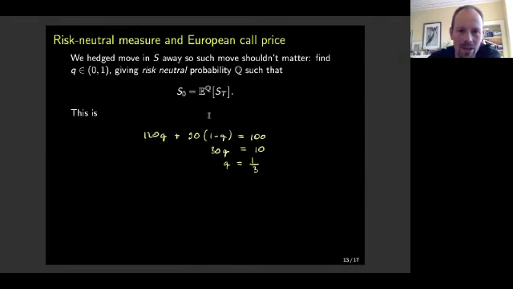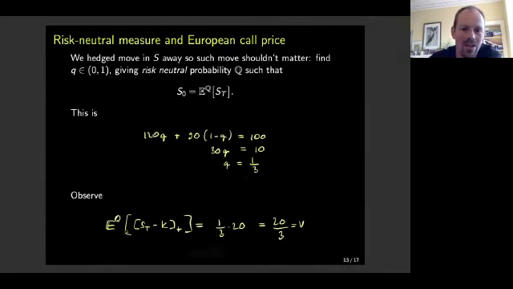Here I calculate the expectation with Q. Q is my probability of going up, 1 minus Q is going down, and these are the 2 possible values that I can have for ST, and 100 is the initial price, so I solve this. So under the model, under the risk neutral measure where I say I've got 1/3 chance of going up, I can then say that the payoff of my option is just the expectation under this what's called risk neutral measure.